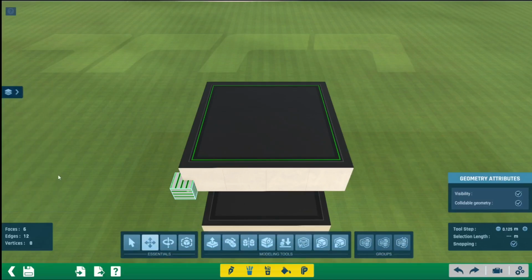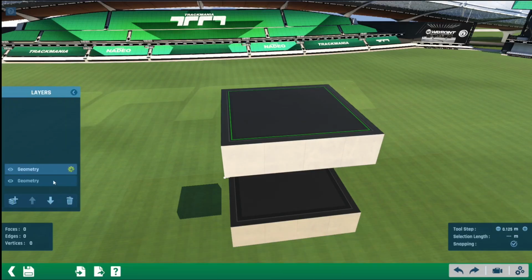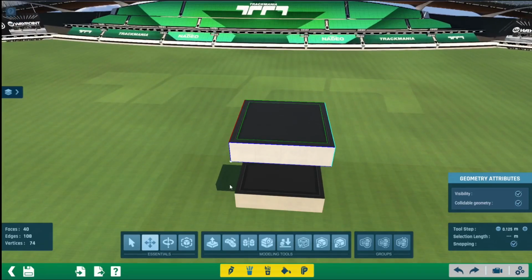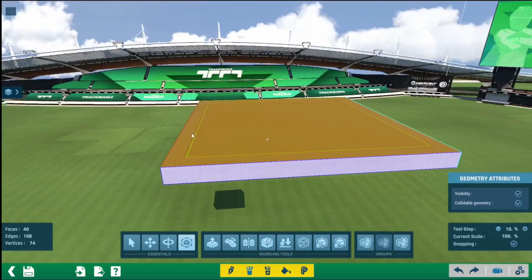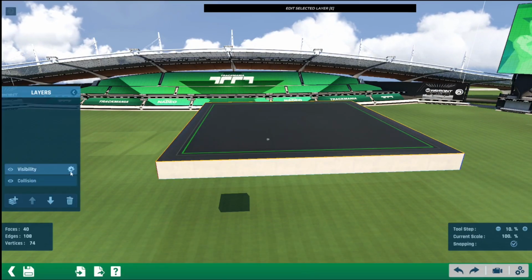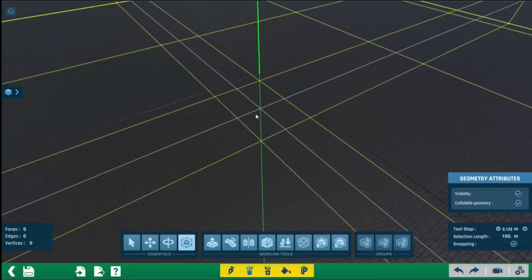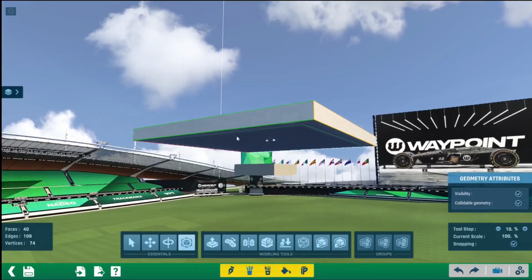So on my side, in geometry, a small cube will appear, just select it and it disappears. For comprehension, I'm gonna rename my layers, this one visibility, this one collision. And just for after, I'm gonna make it a bit bigger. First of all, you're gonna need to select the mesh, then Ctrl C to copy, and then Ctrl V on the other layer. Place it perfectly in the middle, and now you have 2 times the same mesh but